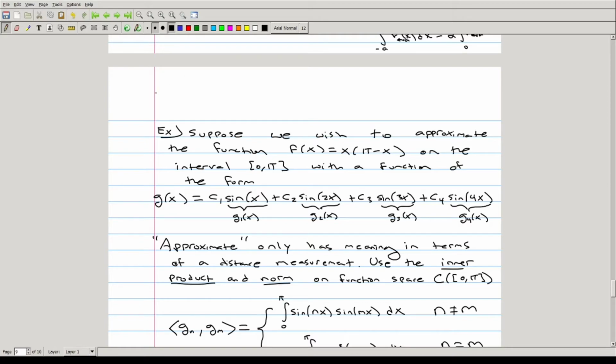So recall that if a and b are two vectors in a finite dimensional vector space, the projection, which is a vector, the projection vector of A in the direction of B is defined as